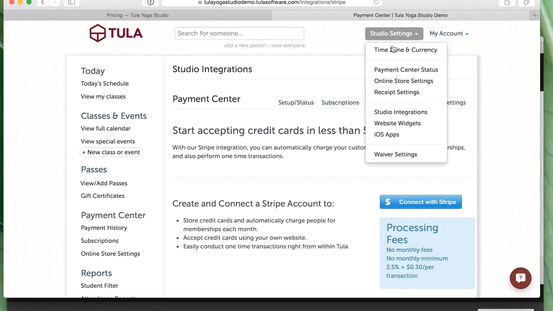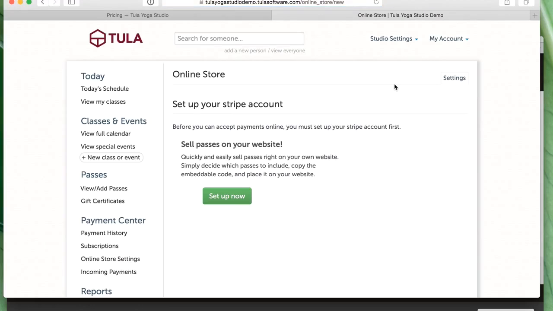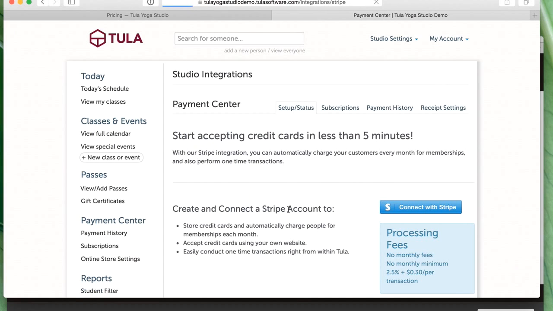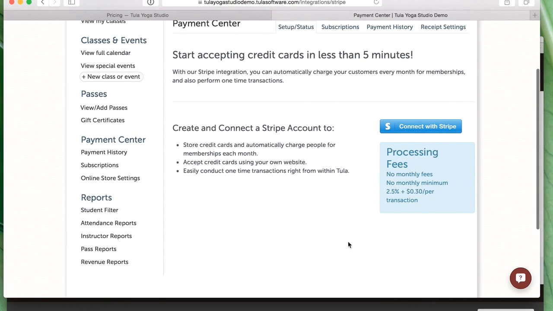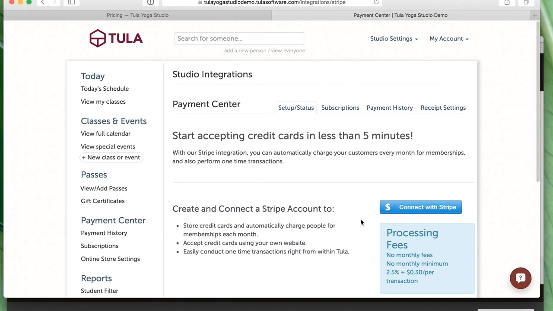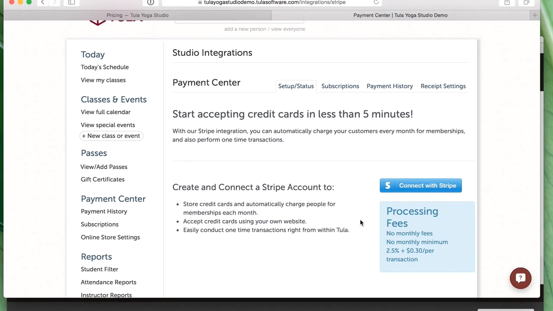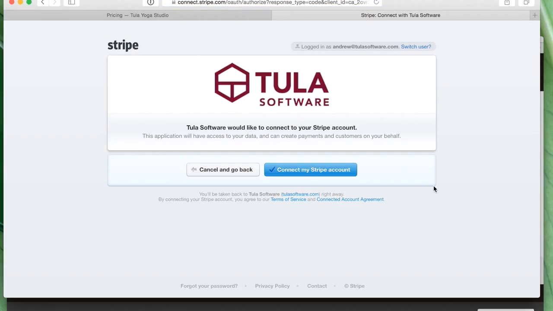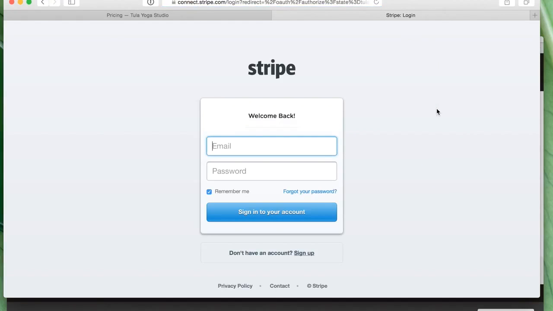So if I go over here to online store settings and click setup now, this is just going to take me over to this studio integrations page. All of the paths will end up leading you here, with us basically telling you to connect your Stripe account. Connecting with Stripe is required so that you can take credit card payments